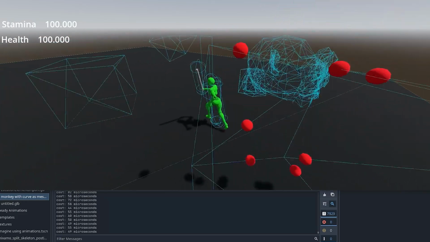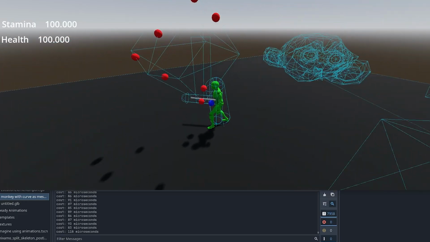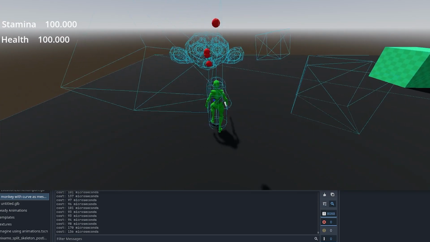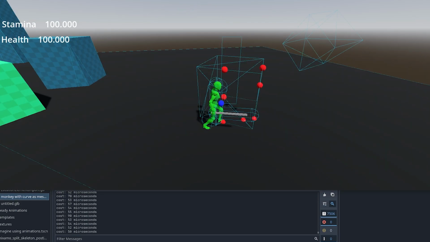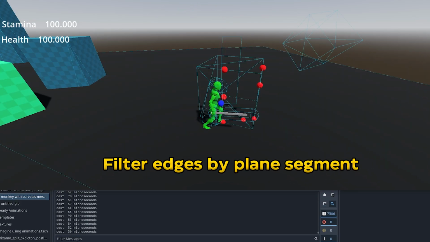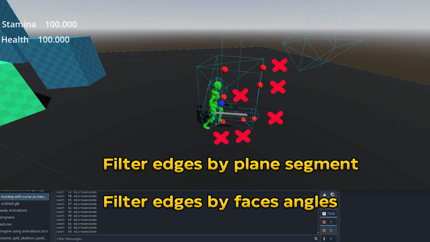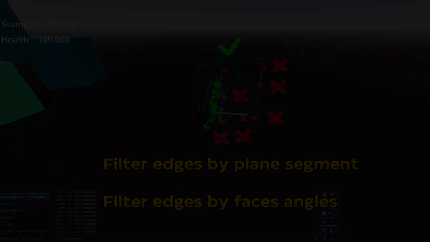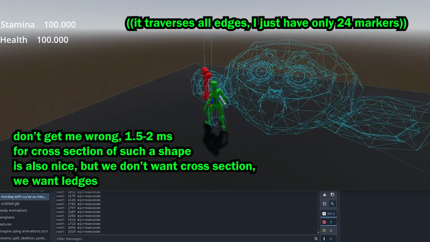It sort of worked, and even worked at plausible times for the most primitive of cases like these cubes. From there we could just filter the intersected edges to find out ones that intersect not only the infinite plane but a finite plane segment, and simultaneously have one of their faces almost vertical and the other one almost horizontal and facing the player. But that approach has some big problems with complex meshes, and to showcase it I installed here